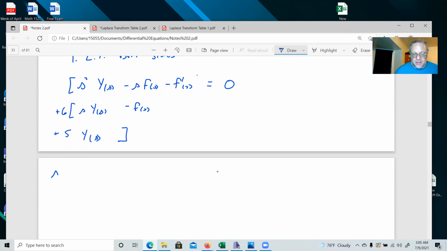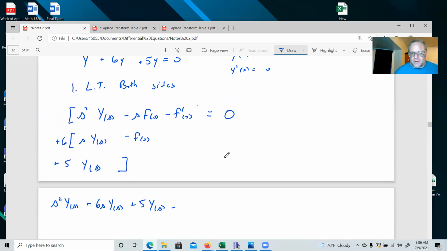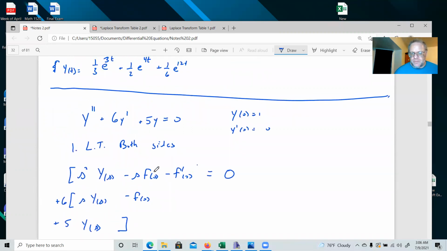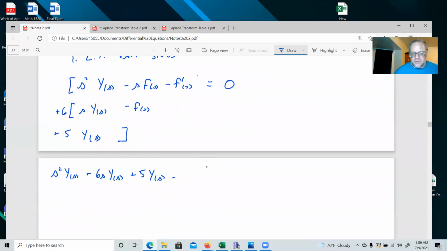So this is s squared Y of s plus 6s Y of s plus 5 Y of s, minus, well, what's y of 0? That's 1. So that's minus s times 1. This is 0, and then this one is going to be minus